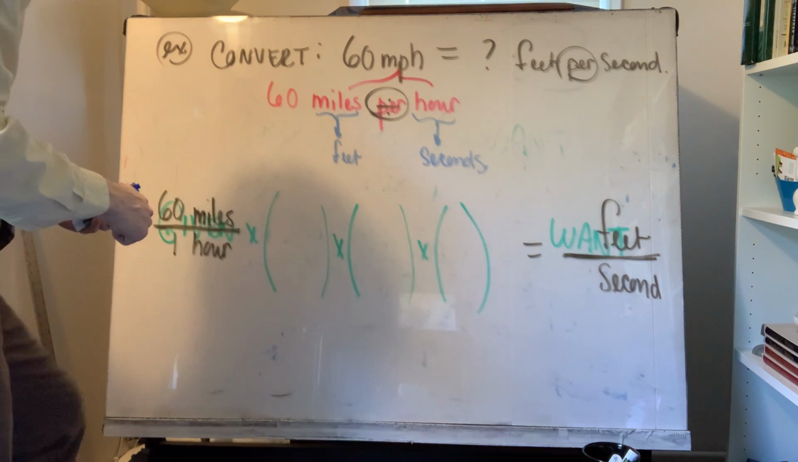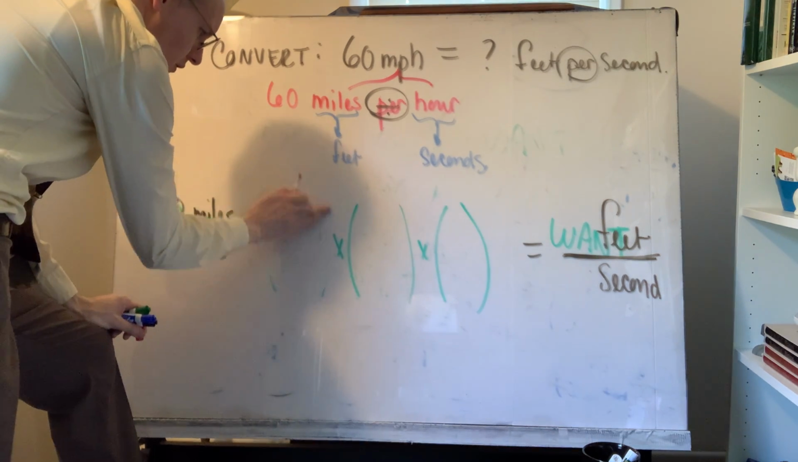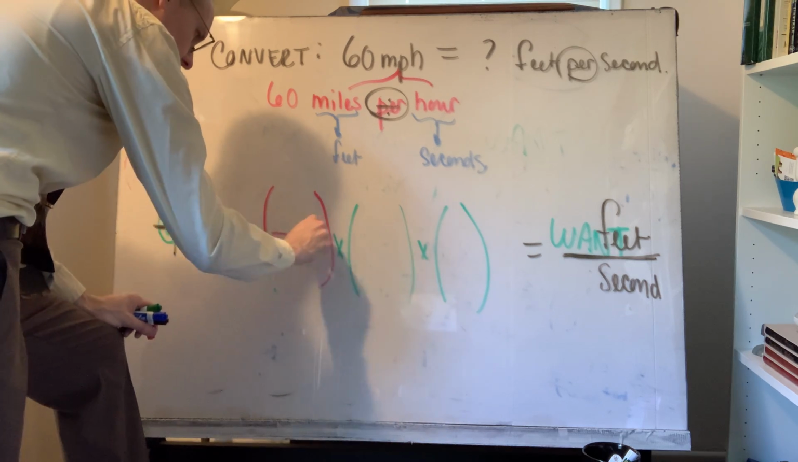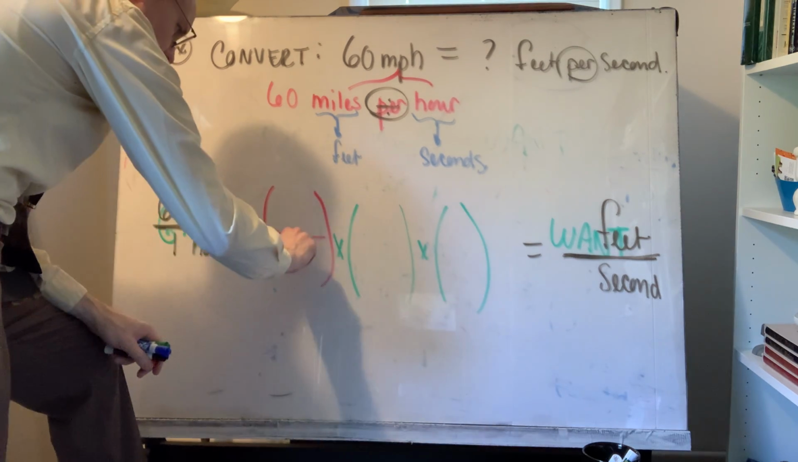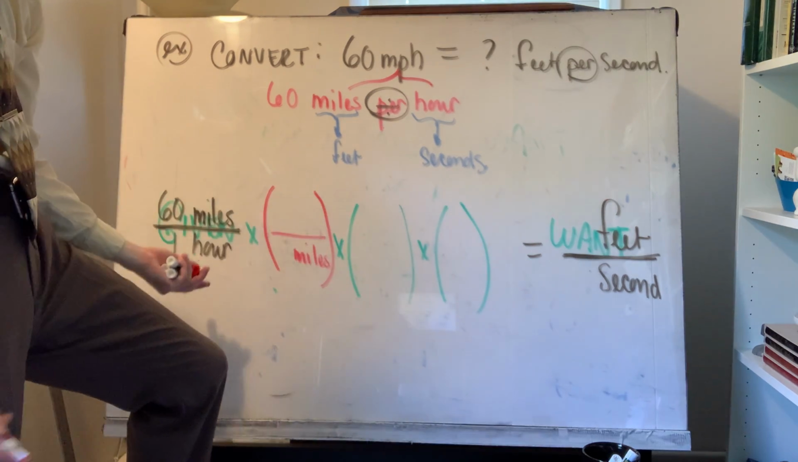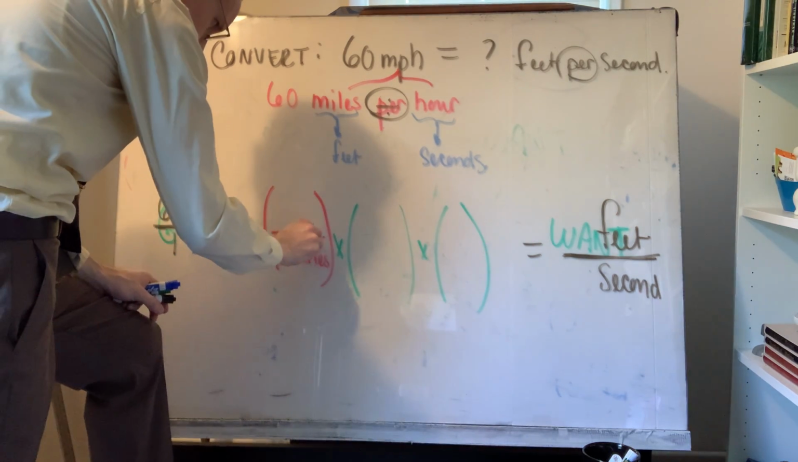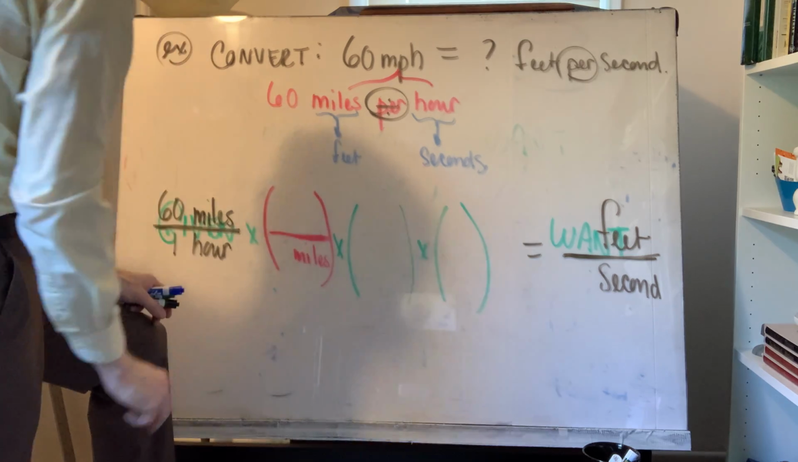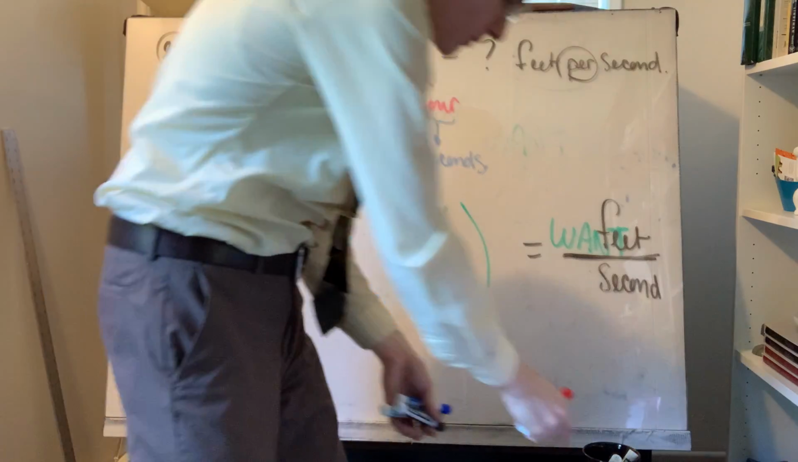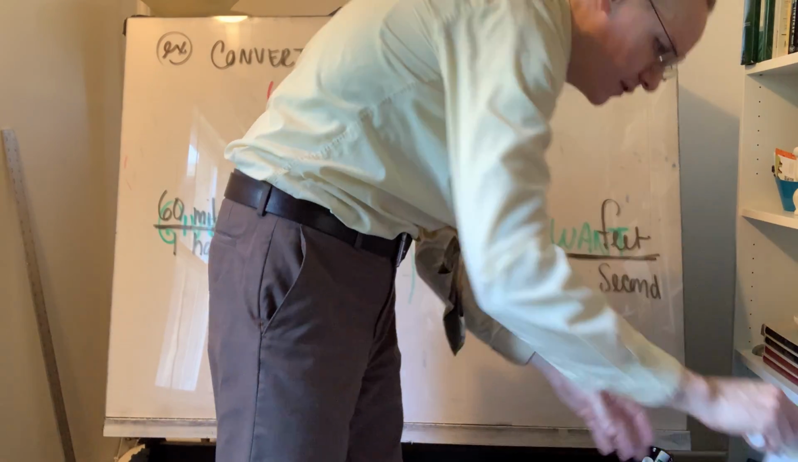I use red because it's a little bit easier to see. In a first conversion factor, if I want to cancel miles, then I could put miles down here. Use the abbreviation again, MI would be the appropriate abbreviation. All right. I have in my pile of conversion factors